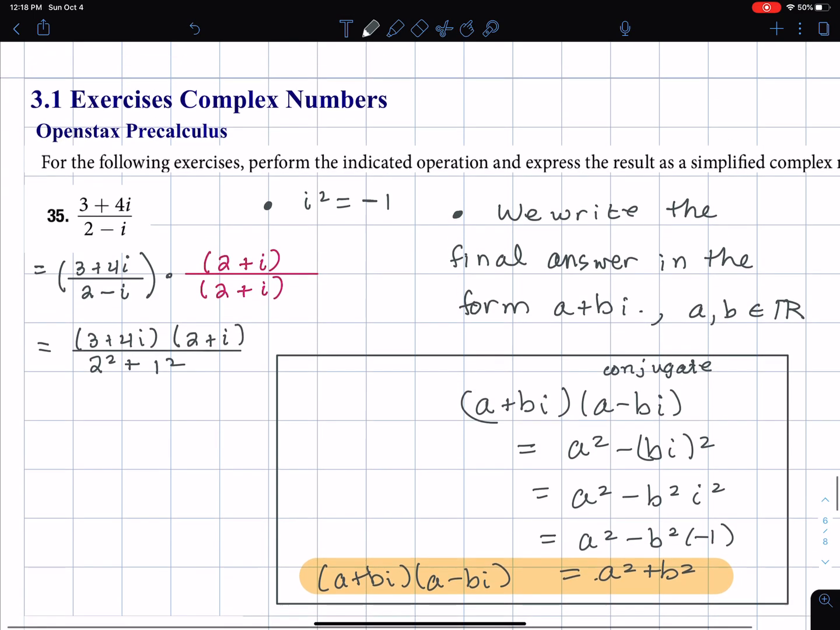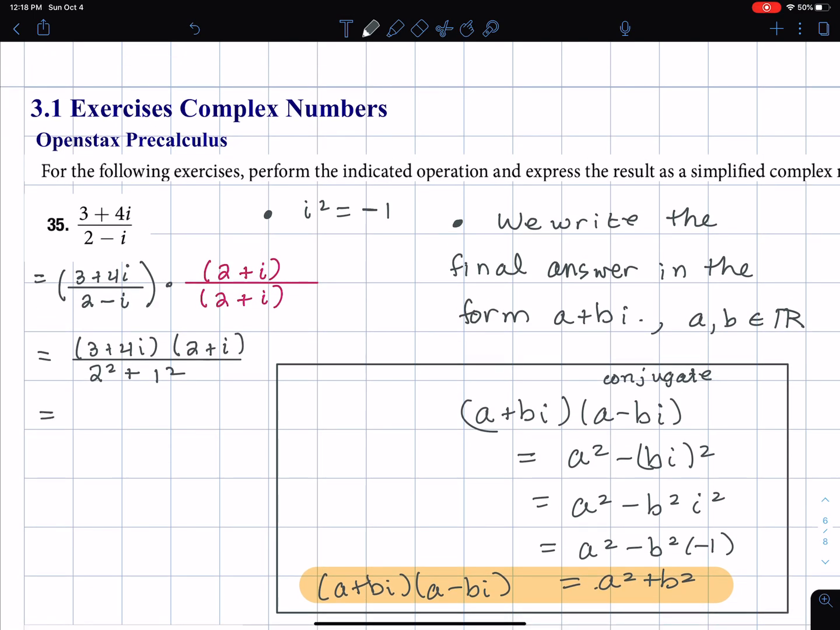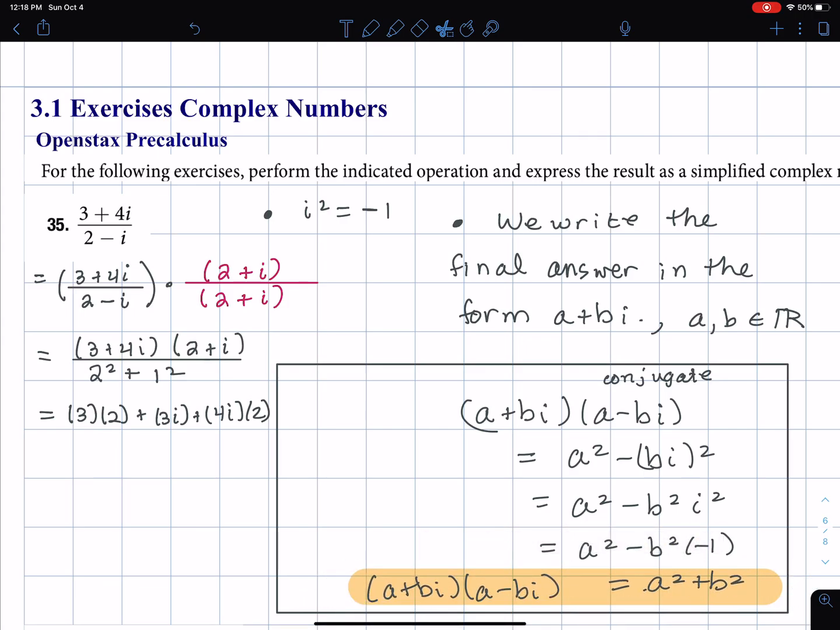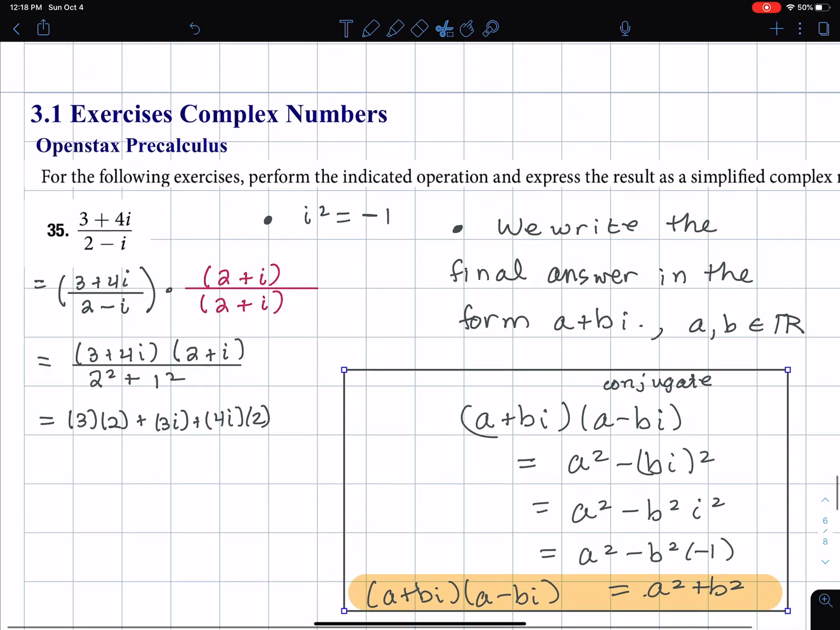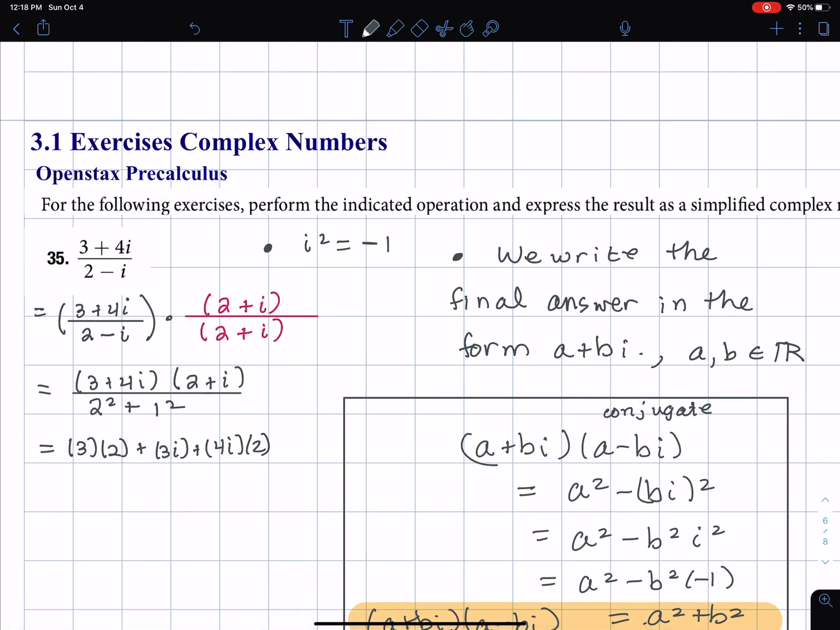Now I'd say the hard work is looking at the numerator, where I have to use FOIL. I have to expand that. 3 times 2 is the first. 3 times i is the outer. 4i times 2 is the inner. Oh my, looks like I need more space. And then plus 4i times i is the last. In the denominator, it gives us